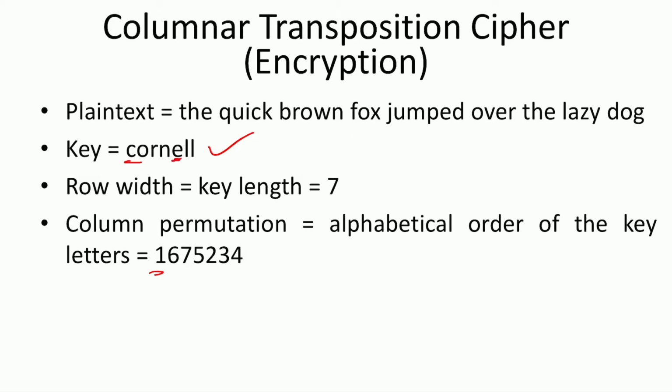So we will assign 2 at this position where E is, which means that we will read out this 5th column next, and so on. And you can see here R appears alphabetically at the very end in this word. So we assign 7 at the location where R is, which means that this column will be read